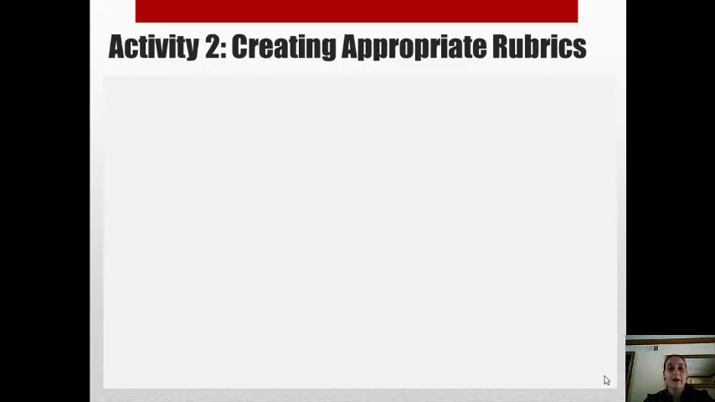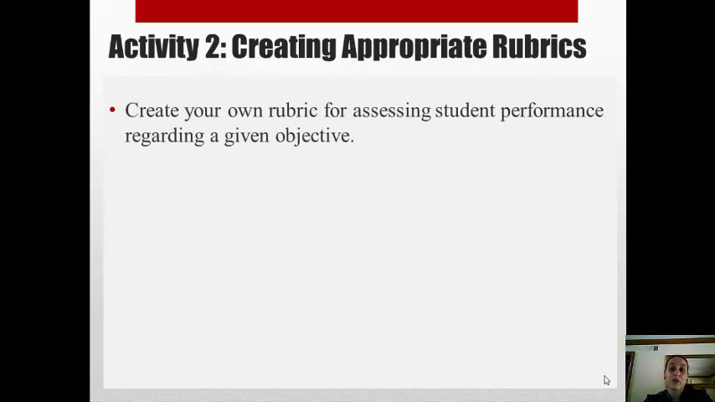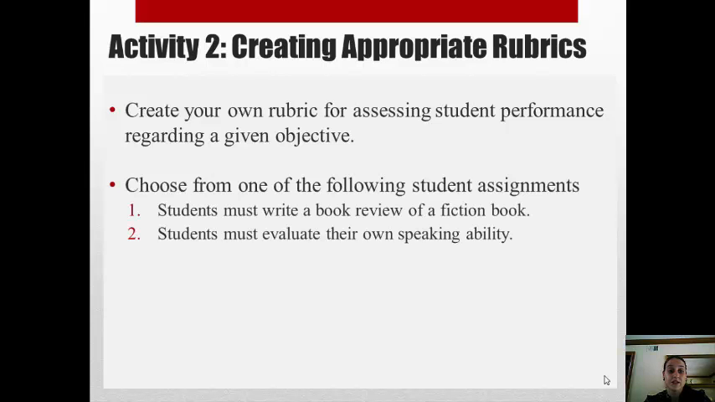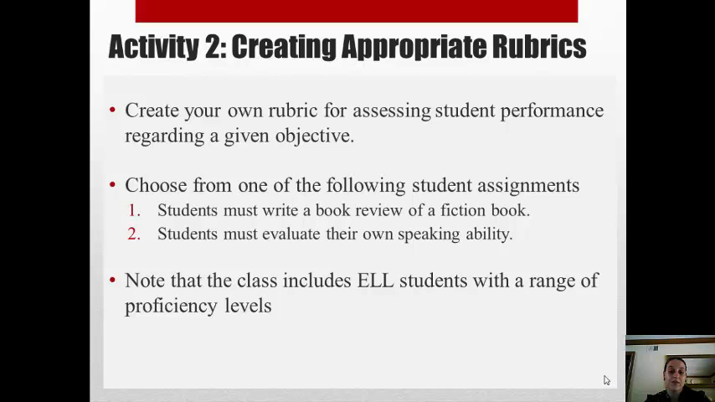Okay, in activity 2, I would like you to create an appropriate rubric for assessing student performance regarding a given objective. So choose from one of the following student assignments. Number 1, students must write a book review of a fiction book, or number 2, students must evaluate their own speaking ability. So what I'd like you to do is choose one of those objectives and design a rubric based on that objective. Note that your class includes ELL students with a range of proficiency levels,